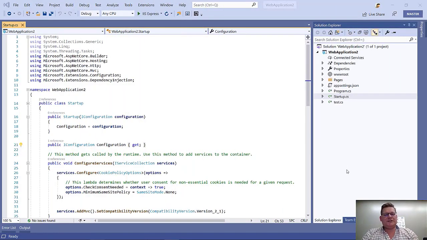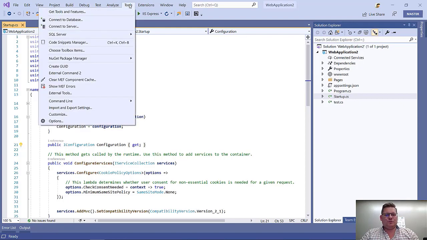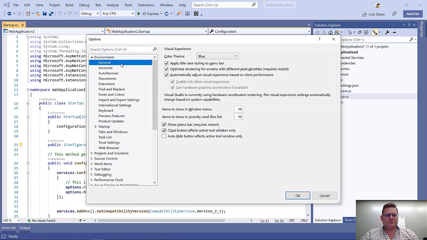Hi. Let's take a look at how you can change the theme of Visual Studio so that you get the colors that you want for both text and the shell and tool windows and all the other aspects of the UI. If you go to Tools and Options, the very first setting here, Environment General, has a color theme dropdown. In here you find 4 different built-in themes. You can easily select the one you want and click OK,